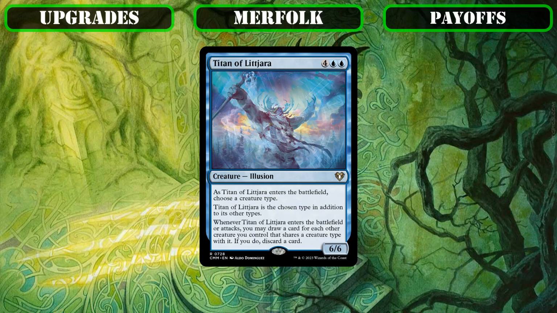Titan of Letjara, which is technically a merfolk thanks to turning into one as it ETBs so it can benefit from our tribal payoffs, and serves as an absolutely fantastic source of repeatable card advantage as it comes down and swings in that scales off the merfolk we have in play, more often than not completely reloading our hands each turn on an established